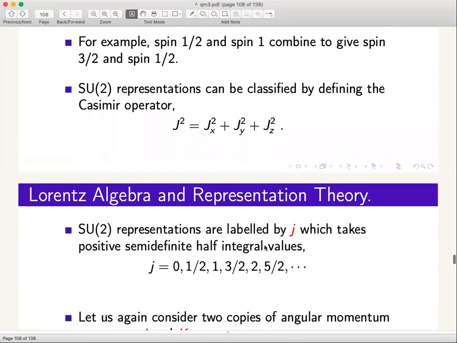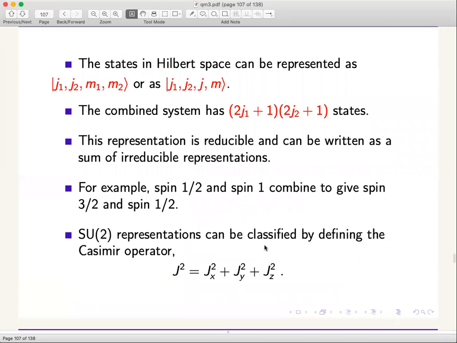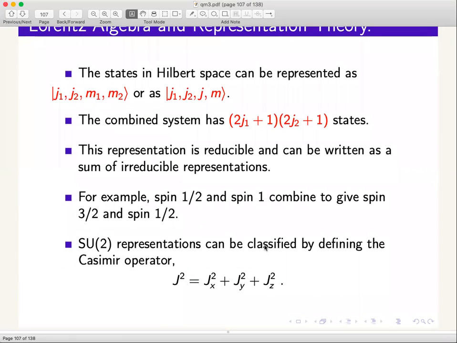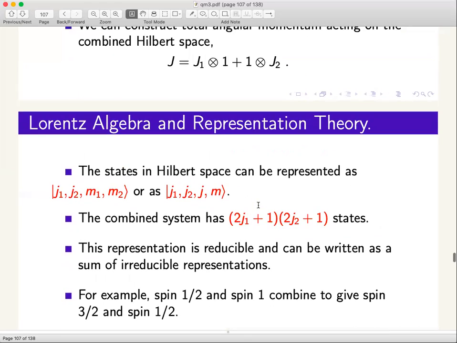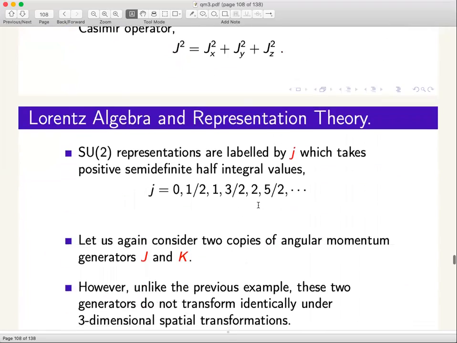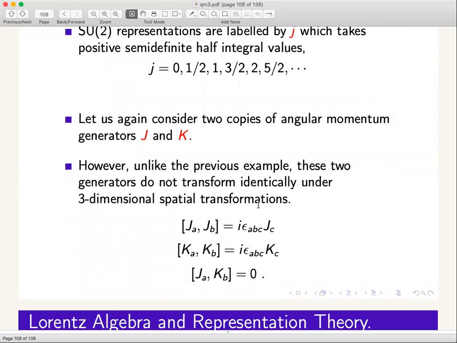When you say J is a pseudo vector and K is not, then under parity the commutator of K will not change sign, and so with J, but the right hand side, I mean, this commutator relation for J will be preserved and not for K. Here, the second relation: under parity, the left hand side is always the same, but the right hand side for K will change sign. So that would mean that this is commuting.